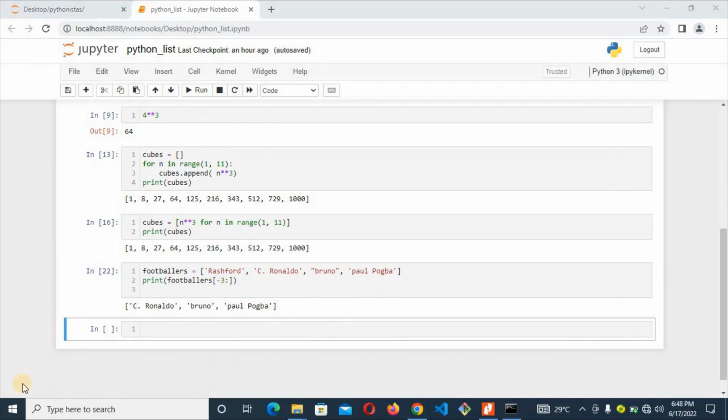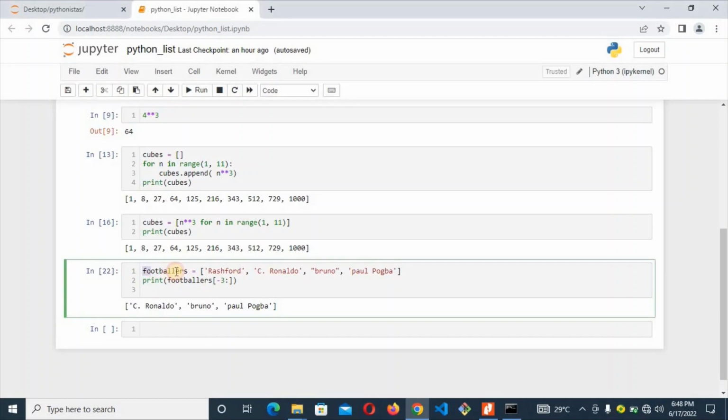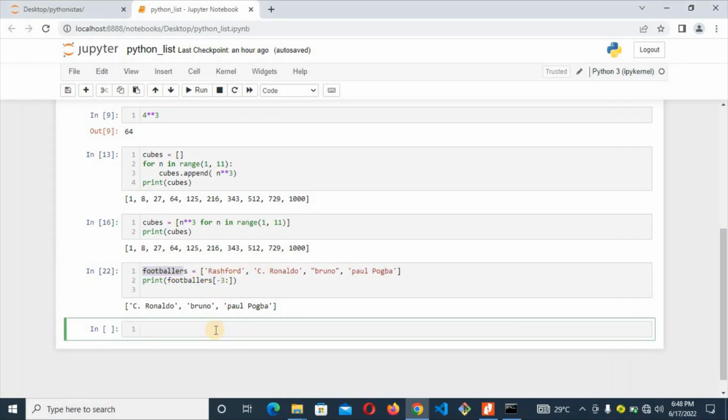Now moving on to looping through a slice of a list, or a subset of a list. This is similar to how we loop through the original list. The difference is that at the end of the list name, we indicate the indices of the items we want to work with, that is, the subset of the list. Again, using this same list, we want to see how we can work with a subset of it using our for loop. So we say for footballers in